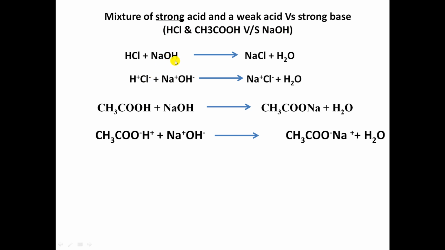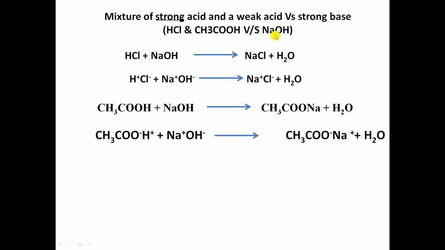From the burette, we are going to add the NaOH into the solution, where the conductivity cell is dipped in the acid mixture. When the NaOH is added into the acid mixture, two acids exist in it. One is HCl, the other is acetic acid. One is a strong acid, the other is a weak acid. HCl is a strong acid and acetic acid is a weak acid, because HCl dissociates completely but acetic acid dissociates partially.